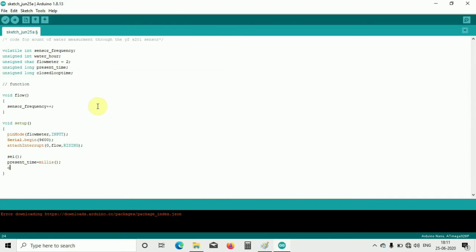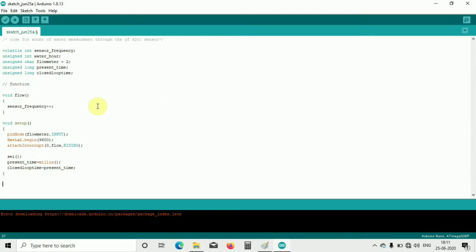And then I will update the closed loop time. So closed loop time is equal to present time. Whenever a second passes, I need to update this one, so I will be writing it in the setup as it is. So now my setup is over.